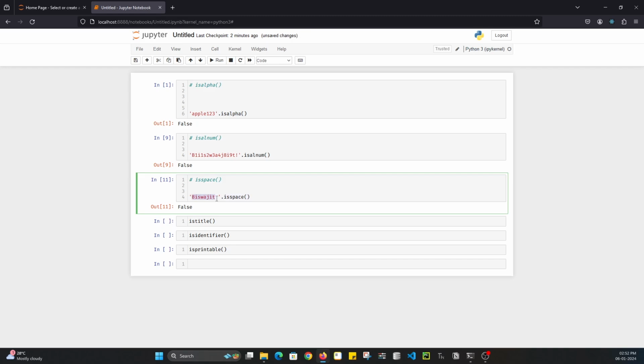Here we have alphabets and a space. Okay, alphabets are not allowed in this particular check. So if we give alphabets or numbers, it will give us false because it's not allowed. It checks for space. So if I pass only space over here, now if I do shift enter, it returns